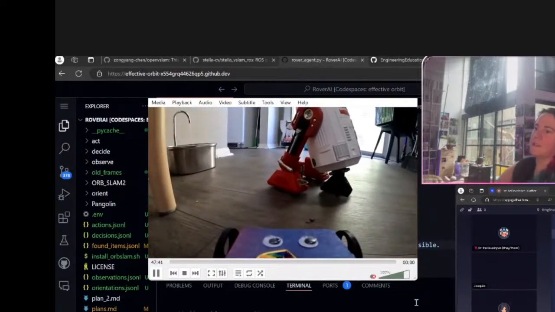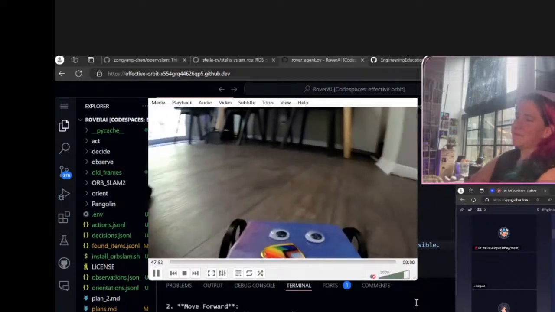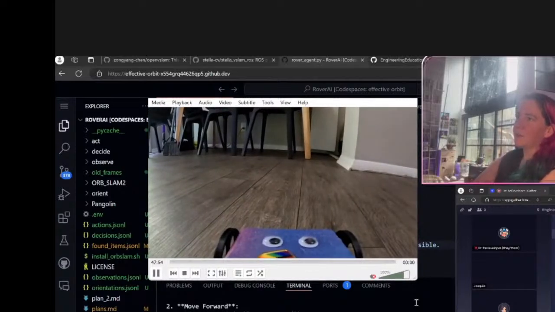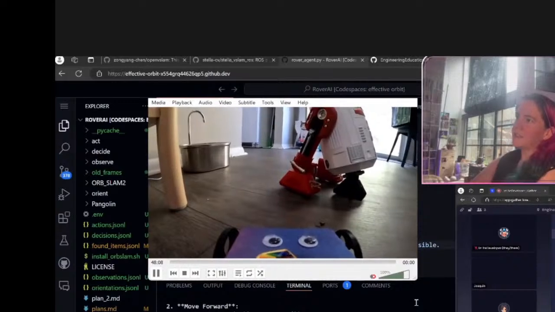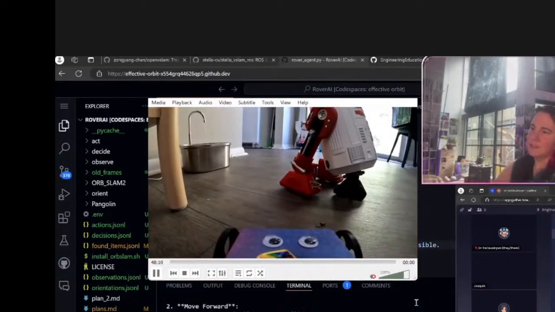So just go straight. No, don't turn. It's going to turn again. It's time to turn. Okay. Yep. It's just going to keep moving. All right, go forward and then turn again. Go forward. Why? Maybe it will figure out that it keeps seeing the same things because it's seeing the previous things. So just tell it to go forward. Okay, come on. Turn left. Nope, it's telling itself to turn left. It's really focused on never running into anything.